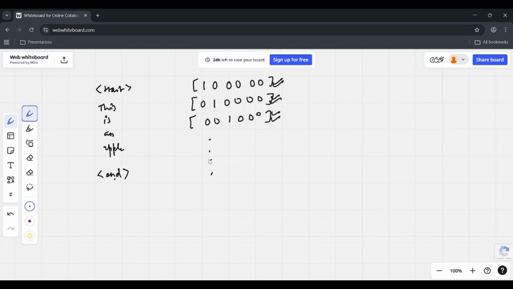Now we define this in our vocabulary set. So this will be my vocabulary. I am doing its indexing, so that at the first position this is the word, and at the second position this is the word. Now during training, I'm talking about the decoder, because that is where we are using